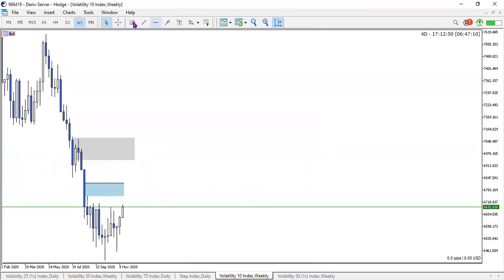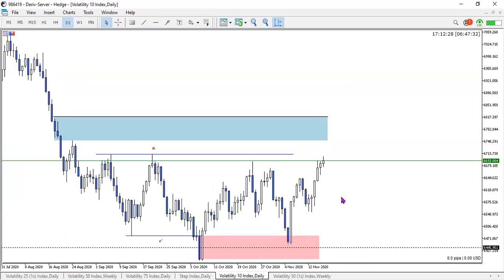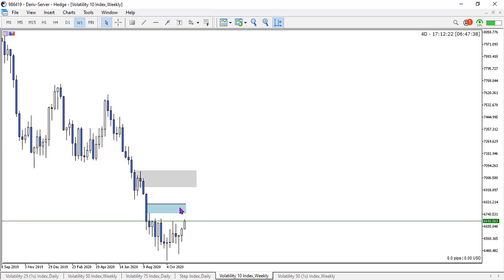Looking at the weekly, you can see this level is a very strong resistance, right? Very strong key level of resistance that we've got here. So it's very possible that we can see a rejection. I'm not talking about the market turning around and going to the downside, because we have been bullish on this market. All I'm talking about is a rejection here, maybe a slight pullback, so we can get in on those buys at a much better price and continue riding this market back to the upside. As I have said multiple times, we're targeting this blue zone and then this gray zone after that.